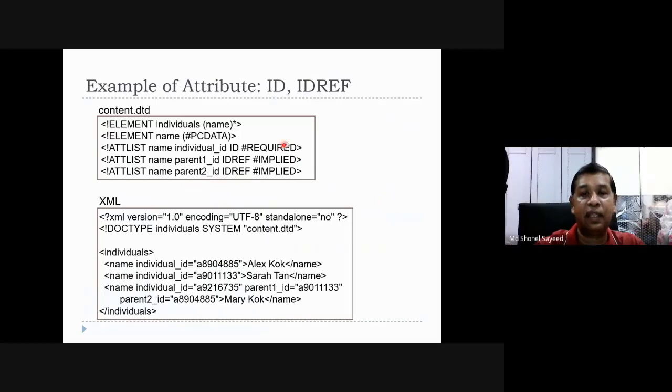ID and ID reference. Now look at the content.dtd. It defines the rules and regulations here. First, the element name is individual, then the name star. Star means it might be 0 or many.